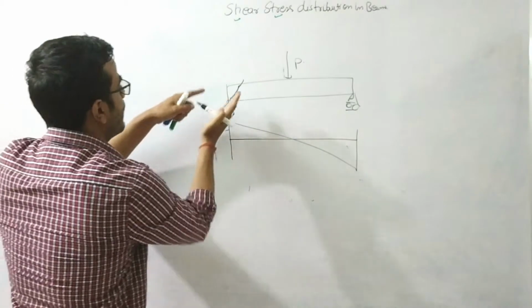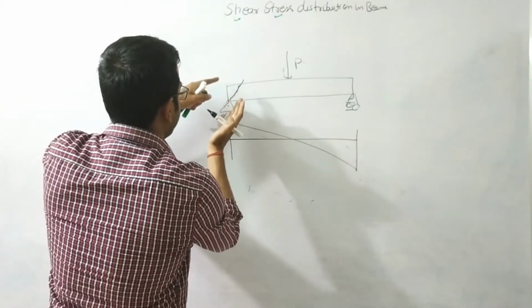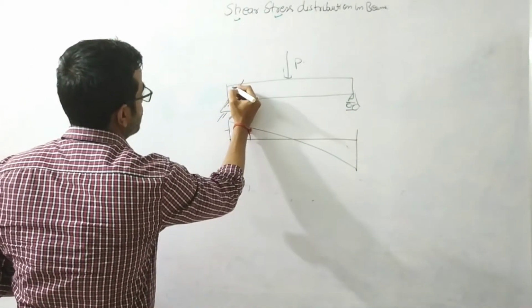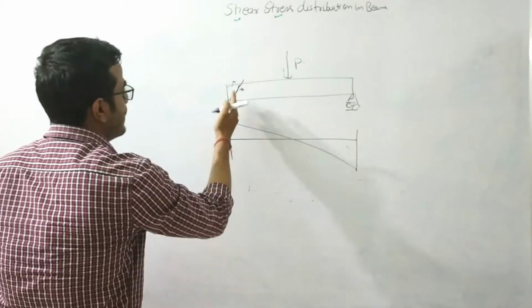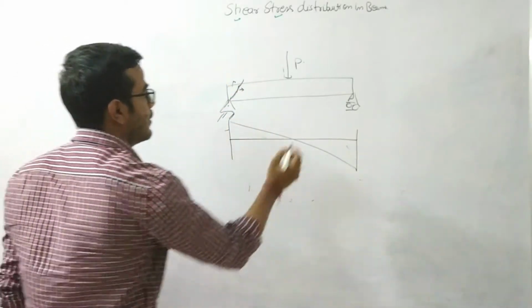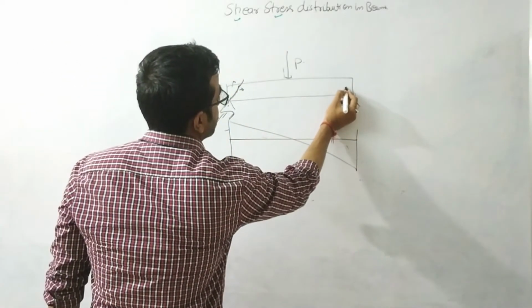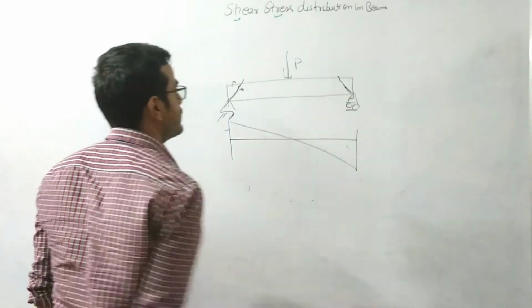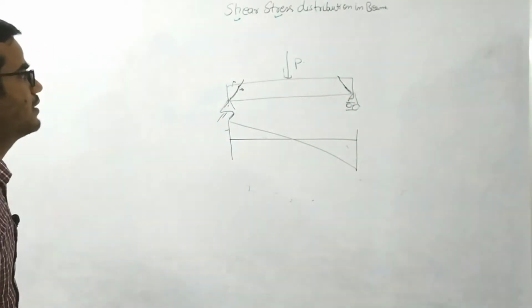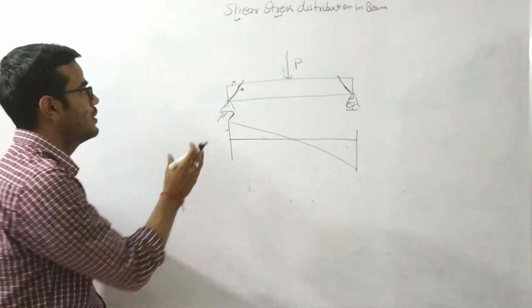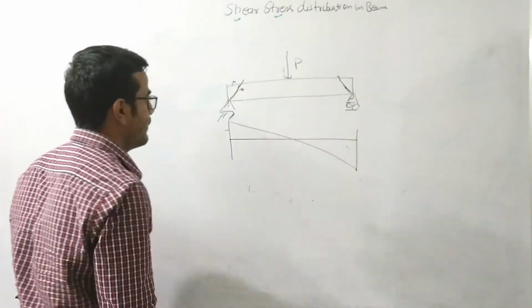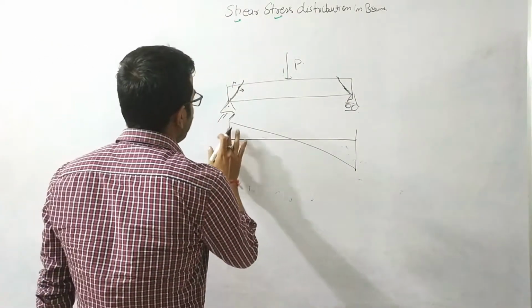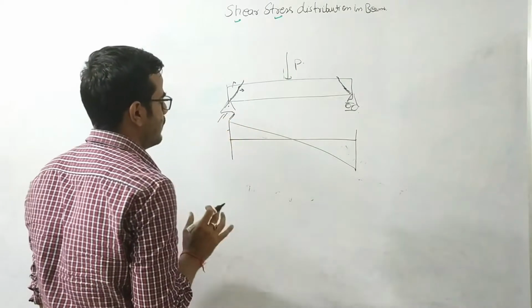These two members will rub against each other. This is basically the shear failure. And here also the crack will develop like this. You will study this in reinforced concrete design. I'm just telling you what shear failure basically is. It will take place where the maximum shear force occurs.